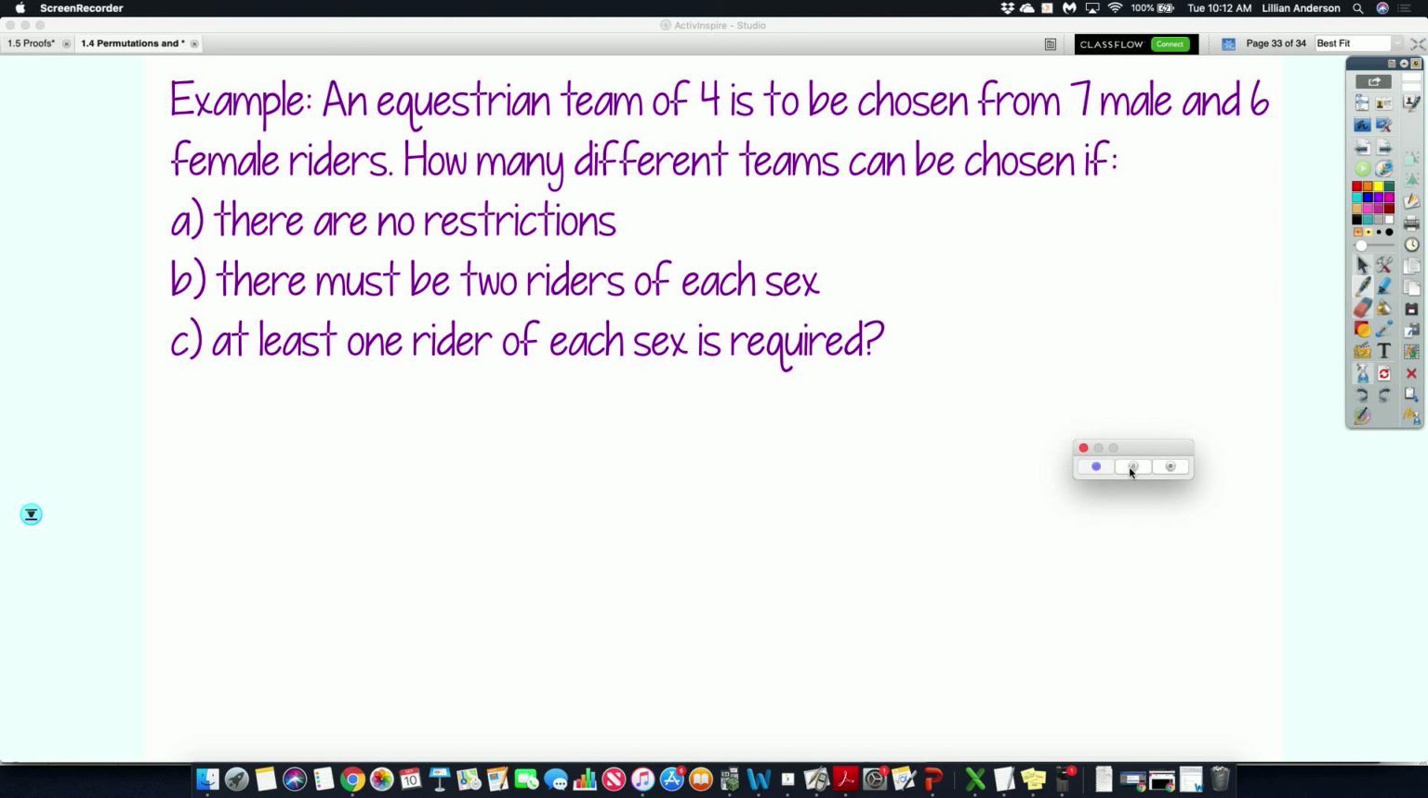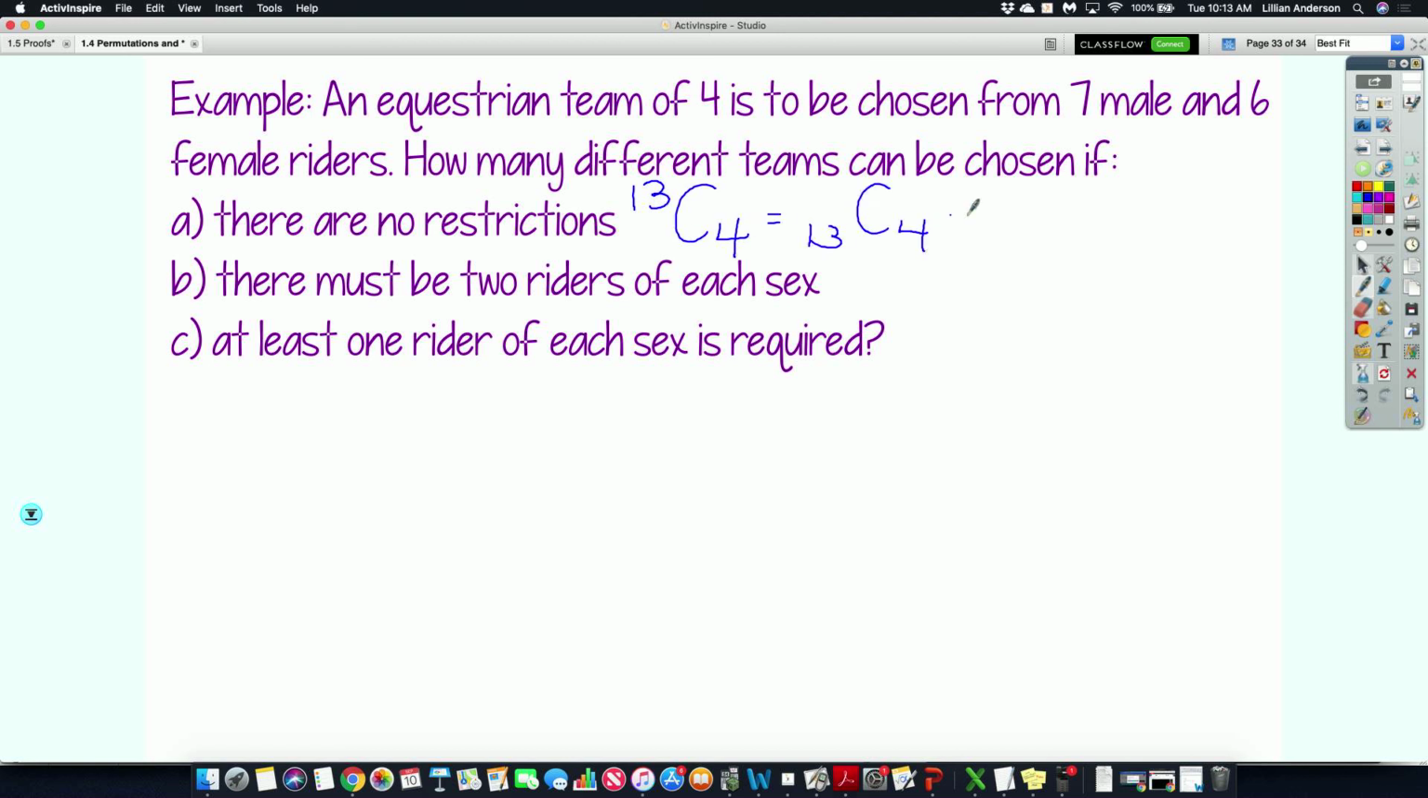So how many riders do they have to choose from? 13, choose how many? 4. So that's 13 choose 4. Either way, it's all the same thing. How many different ways? There are 715 ways if there are no restrictions, but they put a restriction on there